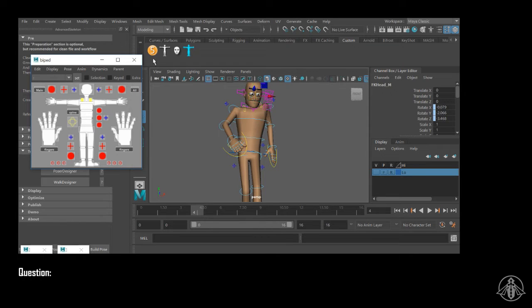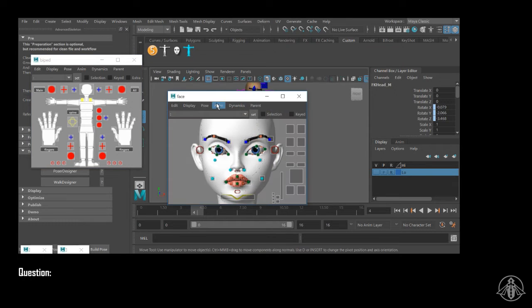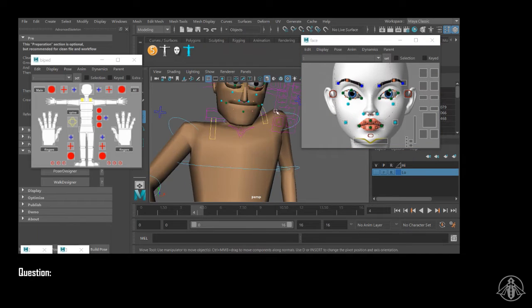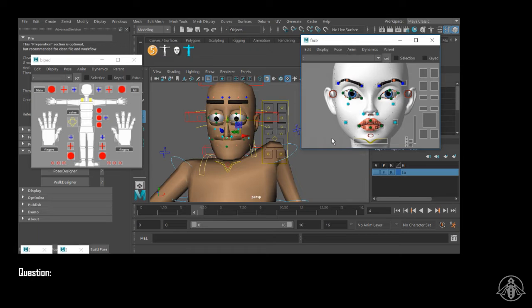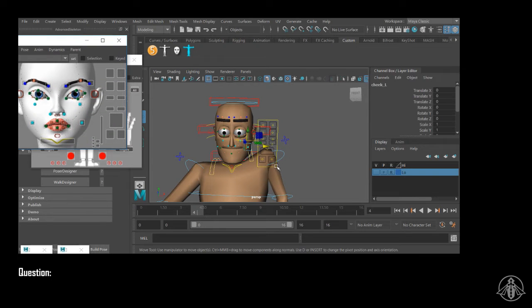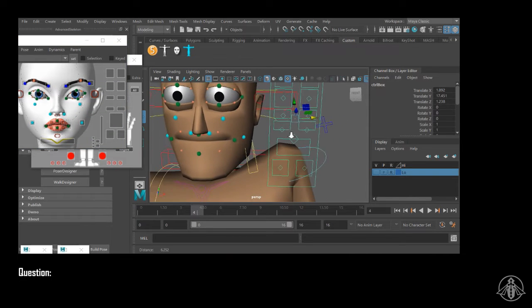So you've got one for the body, and one obviously for the face. Again, this is like this weird female face they have for it, but you can use it to edit directly to the rig. This is kind of nice. And they do mention for the face, if you're having problems